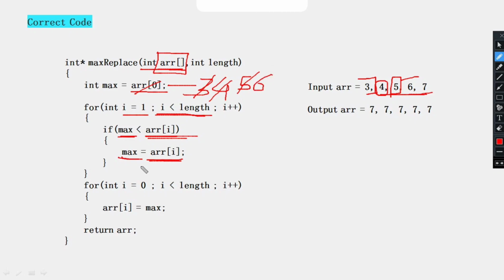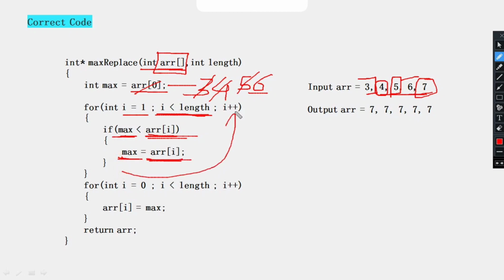Okay, and the same it will do for the last iteration, that is when the value of i will be 4, so it will check 4 less than 5, the condition will be true. So we will come inside the loop, it will check, max value is 6 here, so 6 less than ARR of 4. ARR of 4 is 7 and max value is 6, so 6 less than 7, the condition will be true. Now this 7 will be stored in max.